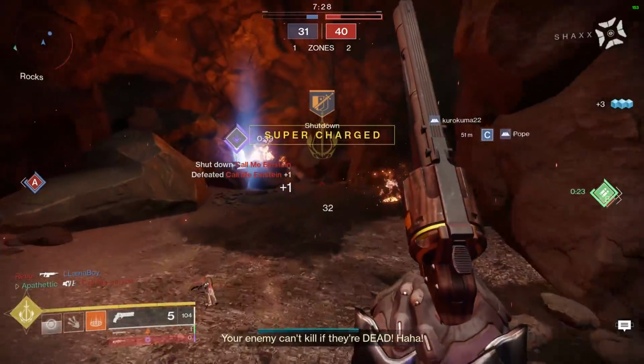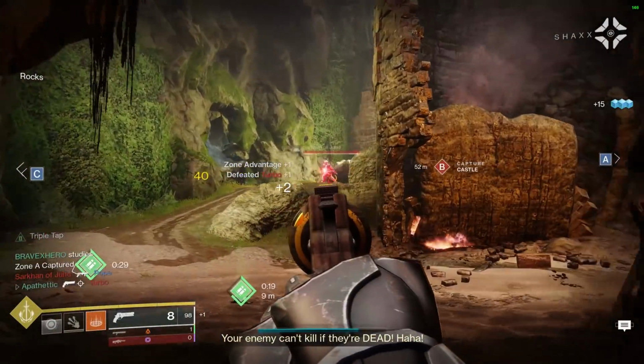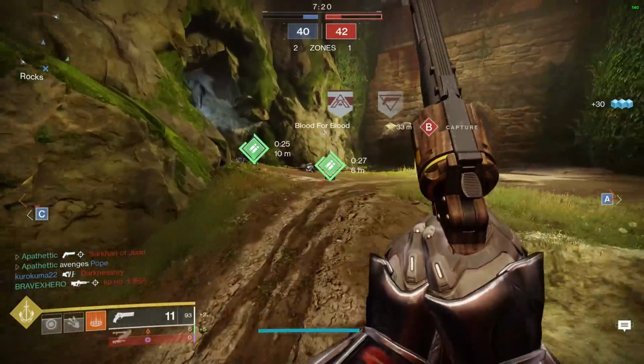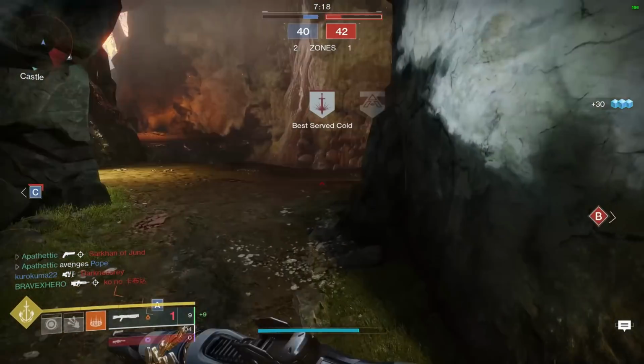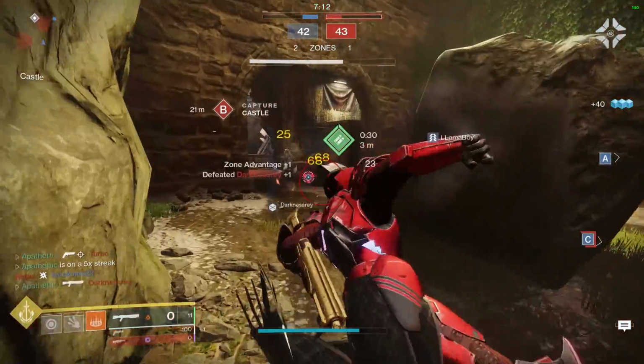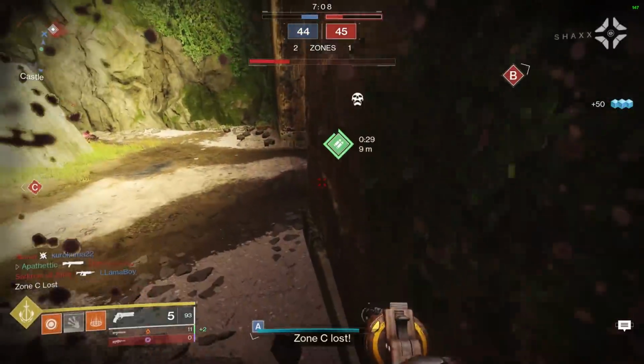Lastly, for the basics, we need to talk about our jump, and the selection here is critical for our ability to Icarus dash, which we'll talk about later, and getting around the map as quickly as possible. With that being said, you want to select Burst Glide. This is going to give you the biggest boost of speed as you Warlock skate around the map, and as stated earlier, also gives a nice boost in our Icarus dash,